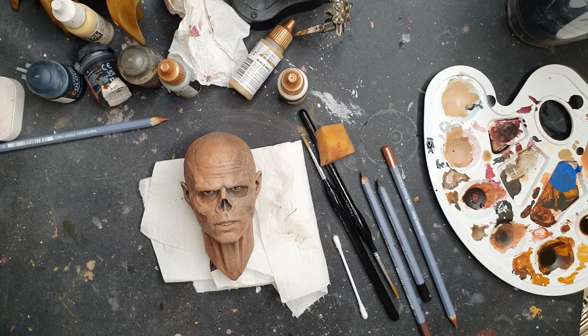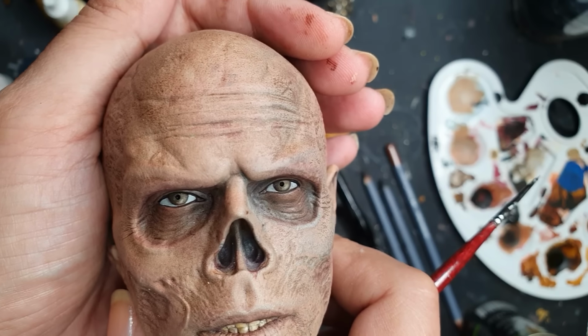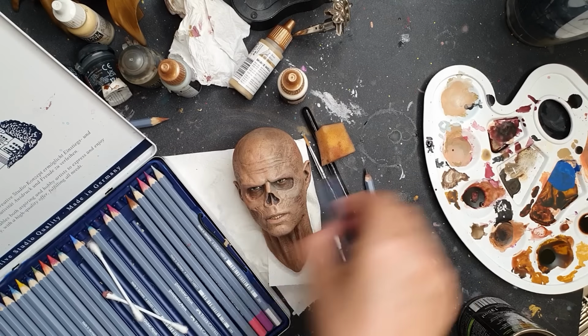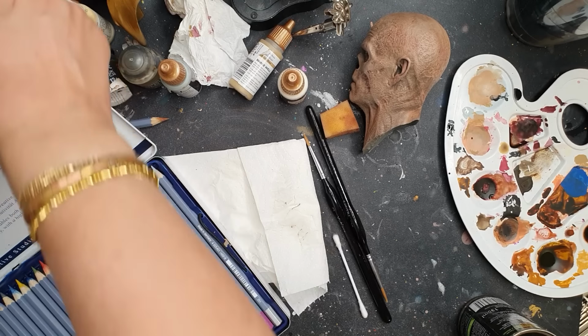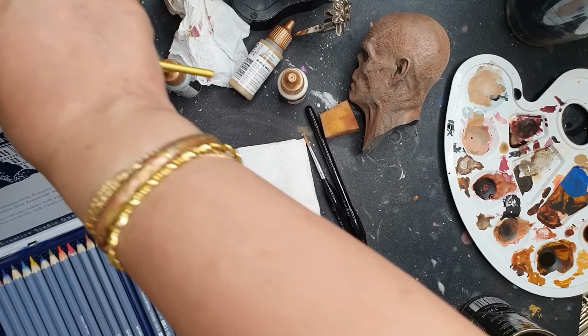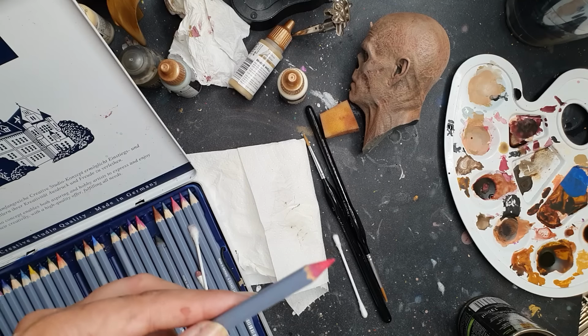Now, yeah, this is cleaned up. We're gonna go back to the watercolor pencils and we're gonna do the red in the waterline. I'm still going, as we mentioned, with a more realistic look. What color is missing? I'm missing a color here. So now I'm just gonna take a red,